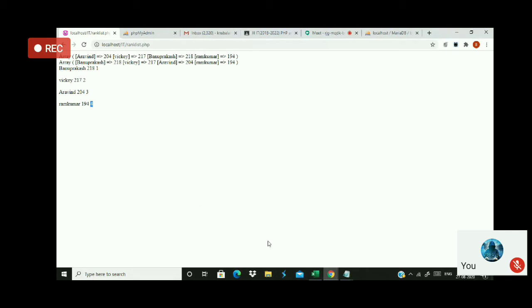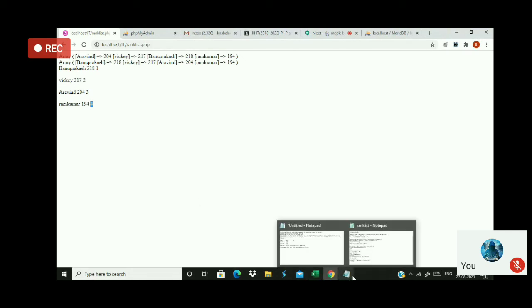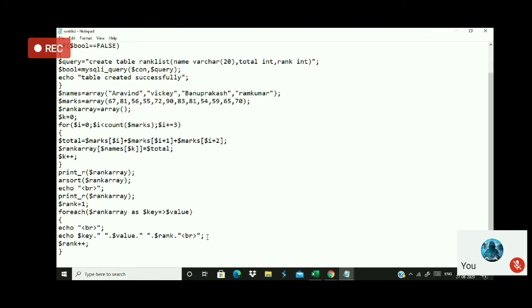Okay, now listen carefully. How to do this? Now you have to write a query here. Rank plus plus. So the query should be like this: query equal to insert into, the table name is called rank list.